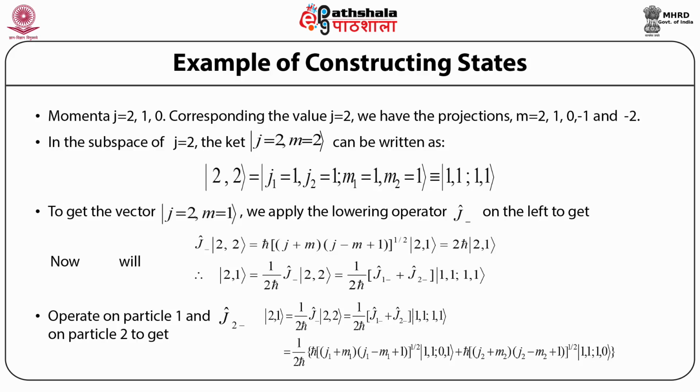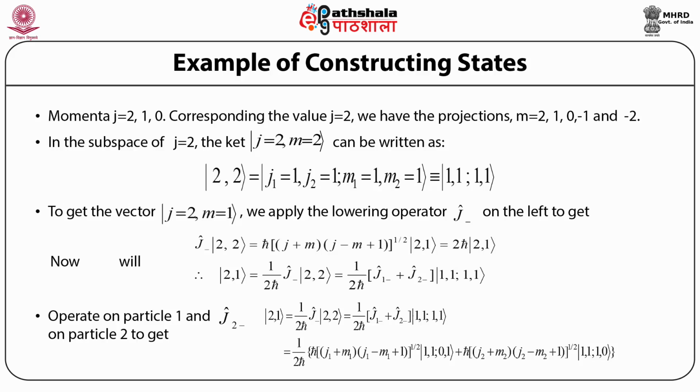and this, for the values of j equal to 2 and m equal to 1, yields the result 2 h cross acting on the state 2 1, where 2 h cross is the corresponding eigenvalue of the eigenstate or the eigenvector 2 1. Now the lowering operator j1 minus will operate on particle 1 and the lowering operator j2 minus will operate on particle 2. So before doing this, if we look at the above relation, the state 2 1 in terms of the state 2 2 can be written as state 2 1 is equal to 1 upon 2 h cross